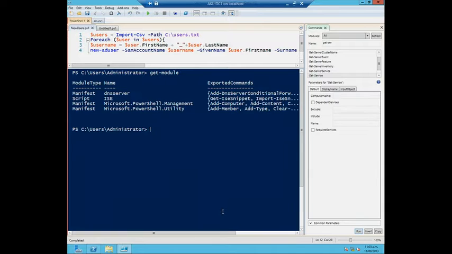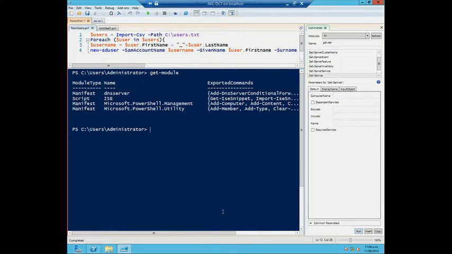Get-Module by itself only shows those that are loaded. And so, oh great, DNS server. I'll be honest, this machine is an Active Directory server. It's a domain controller. So what module would you expect to see there? The Active Directory module. That's the thing, 2008 R2, 2012, other stuff.